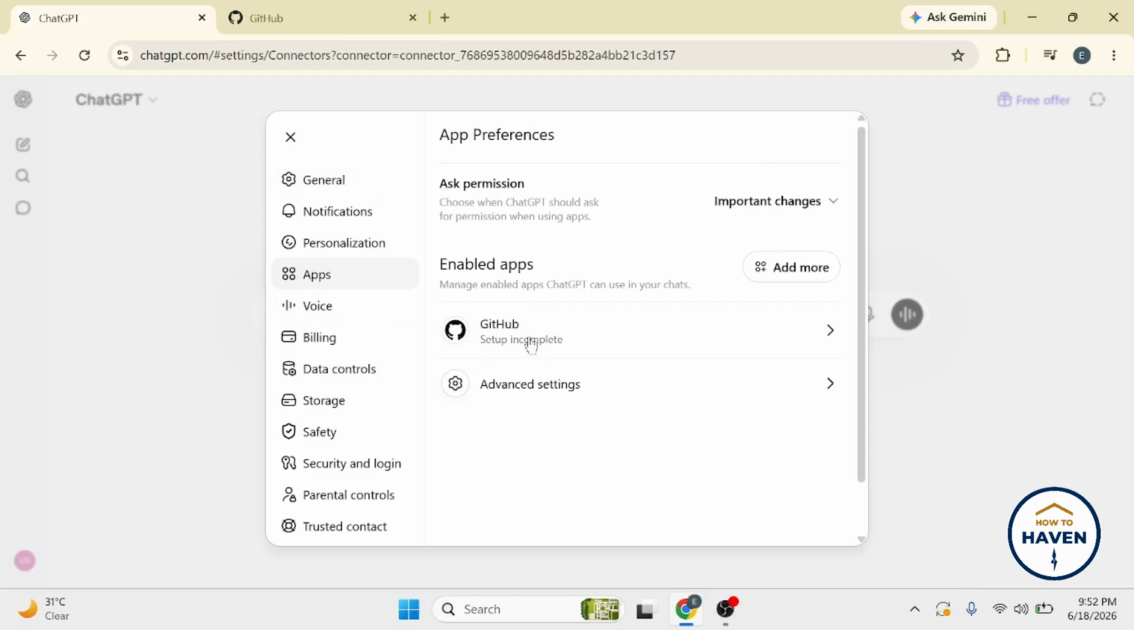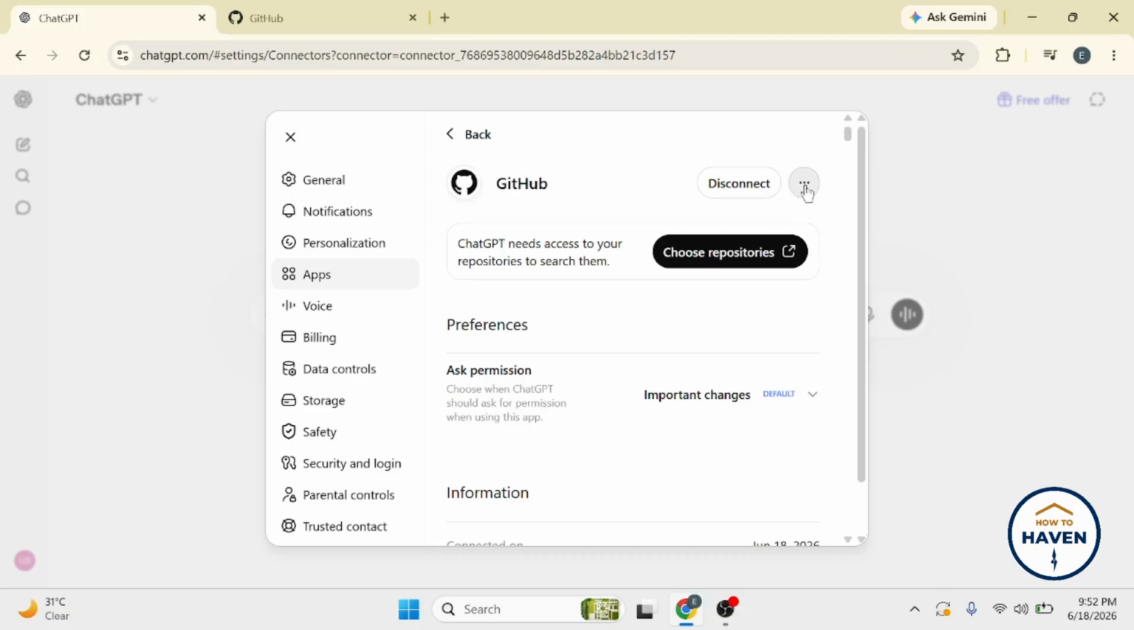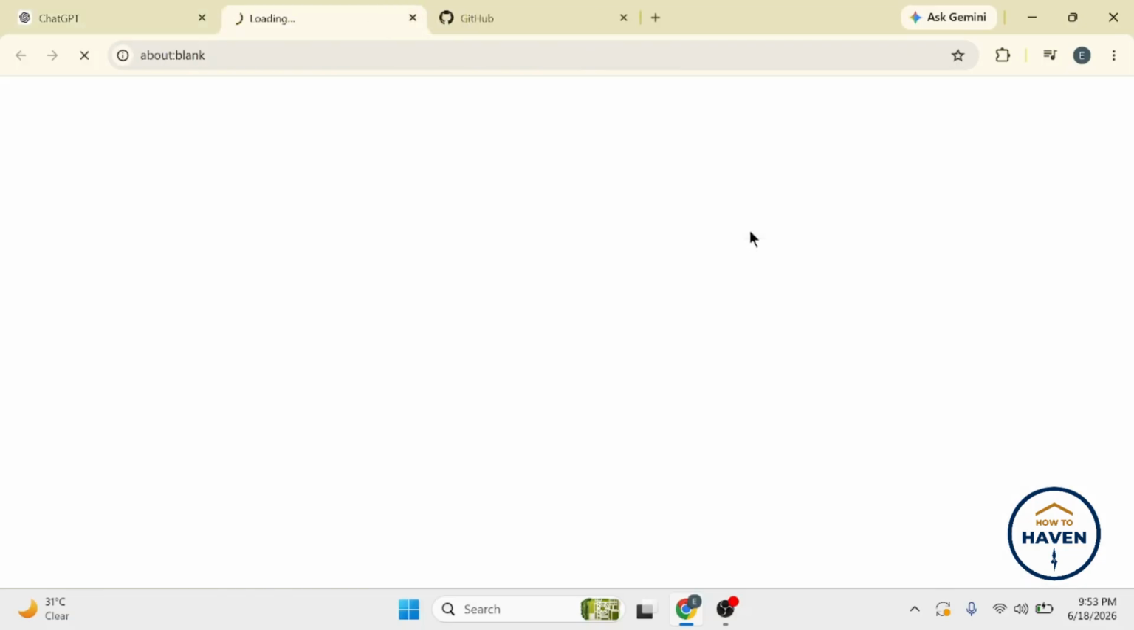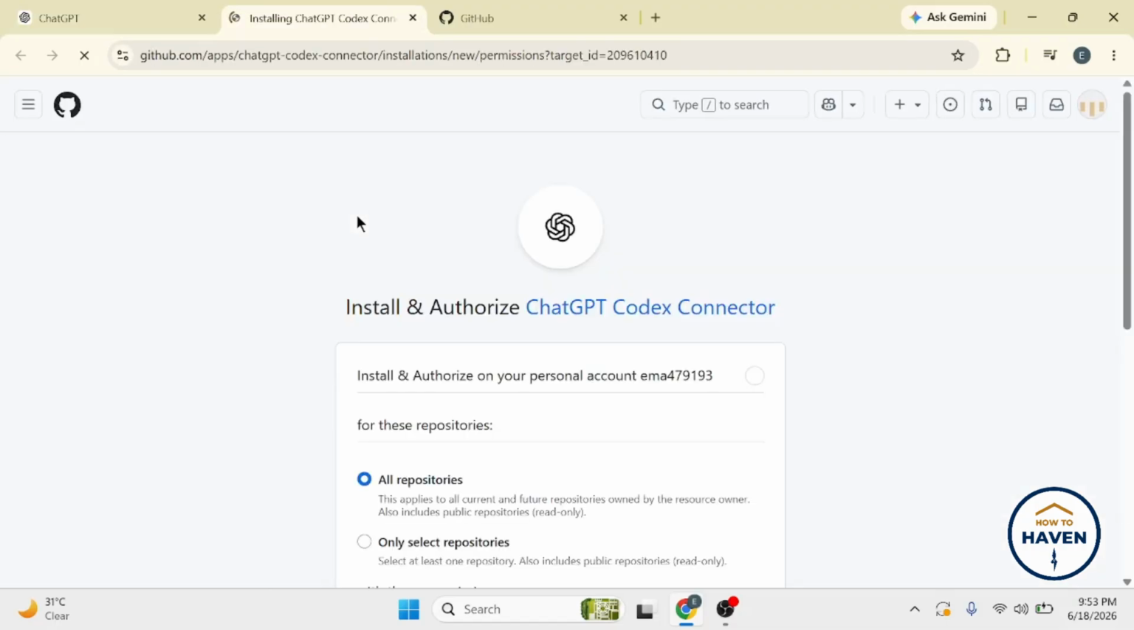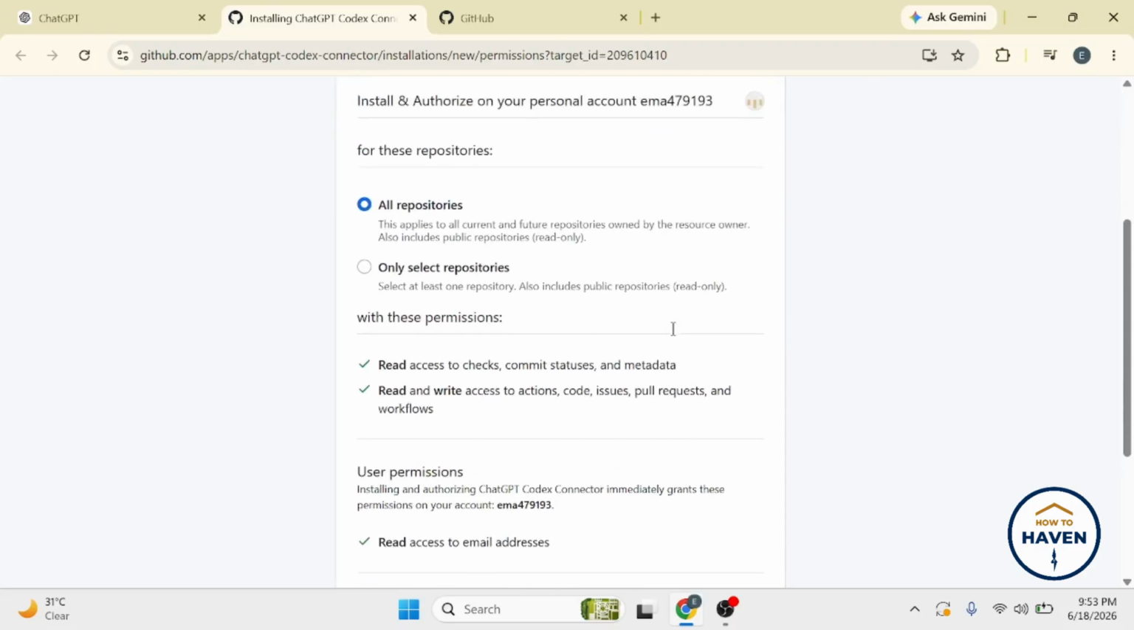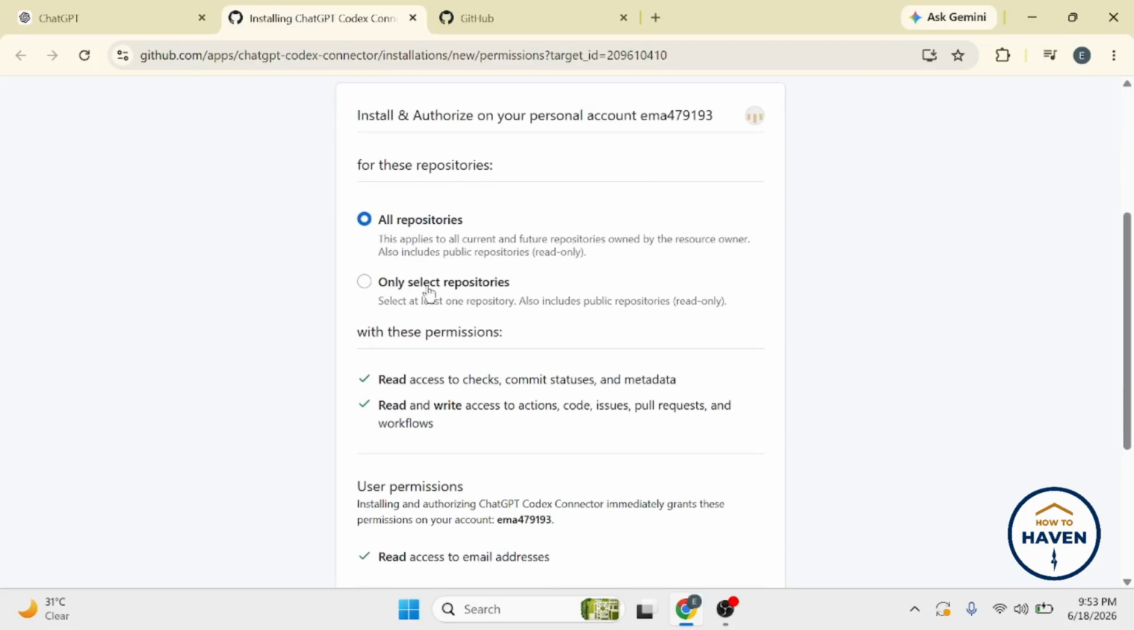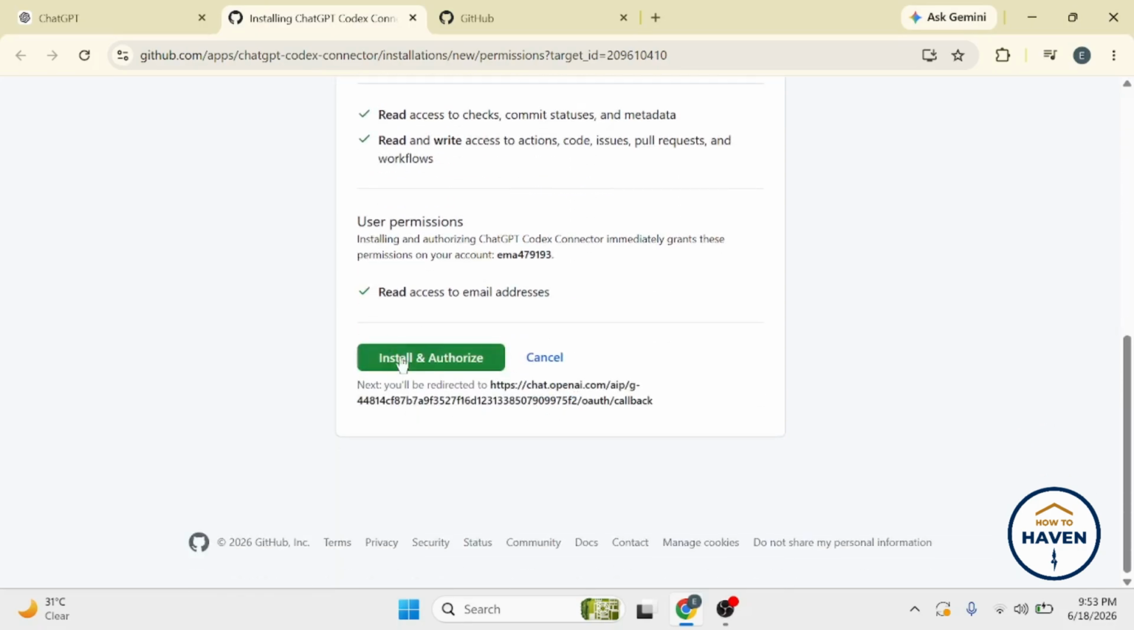So you're going to click on GitHub and then click on the three dots over here, and then click on settings. After that, you will be redirected to a page like this that would say install and authorize ChatGPT Codex connector. So you're going to scroll down and select whether you want some selected repositories or you want all the repositories to be loaded within your ChatGPT from GitHub. So now let's say I select all repositories and then I'm going to scroll down and click on install and